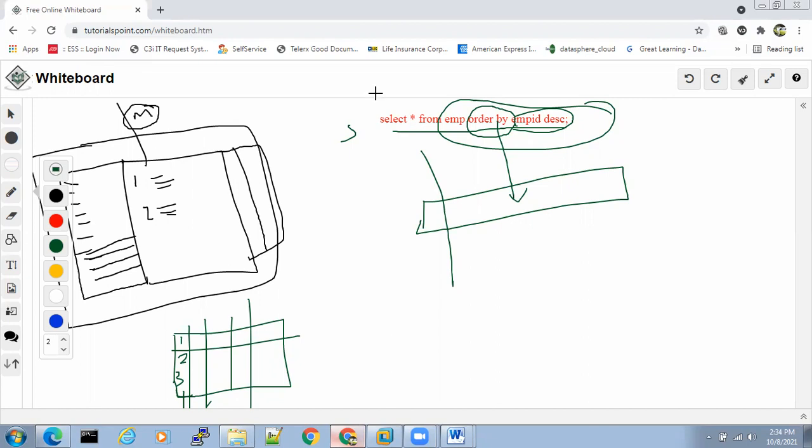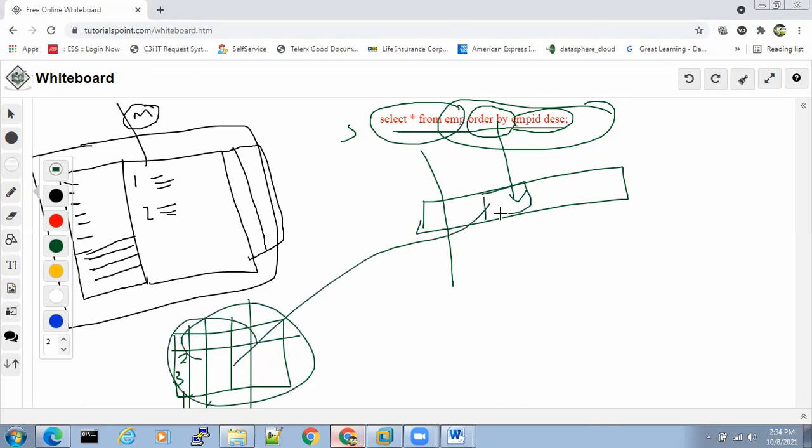First it will take the entire table into temporary table space. It will sort here. It will solve the problem and display the output in a descending order.